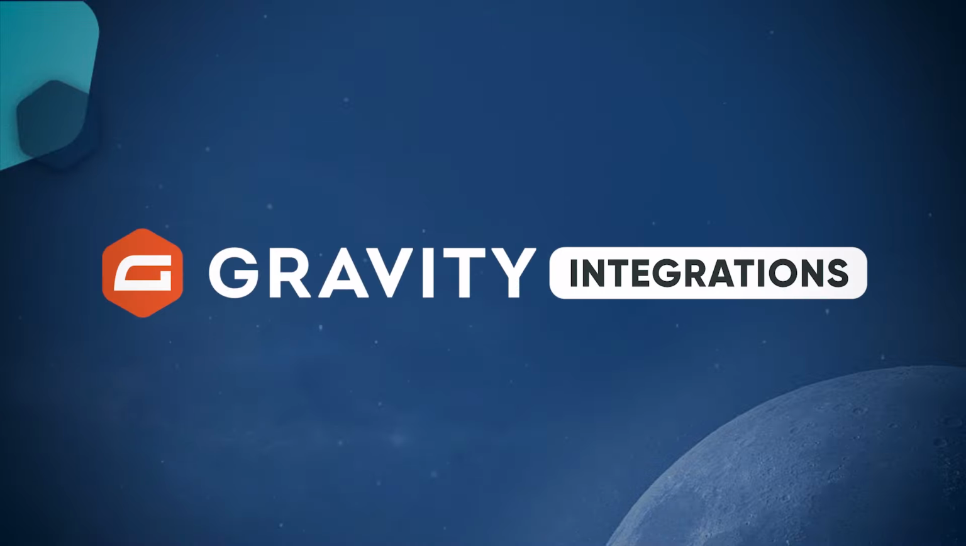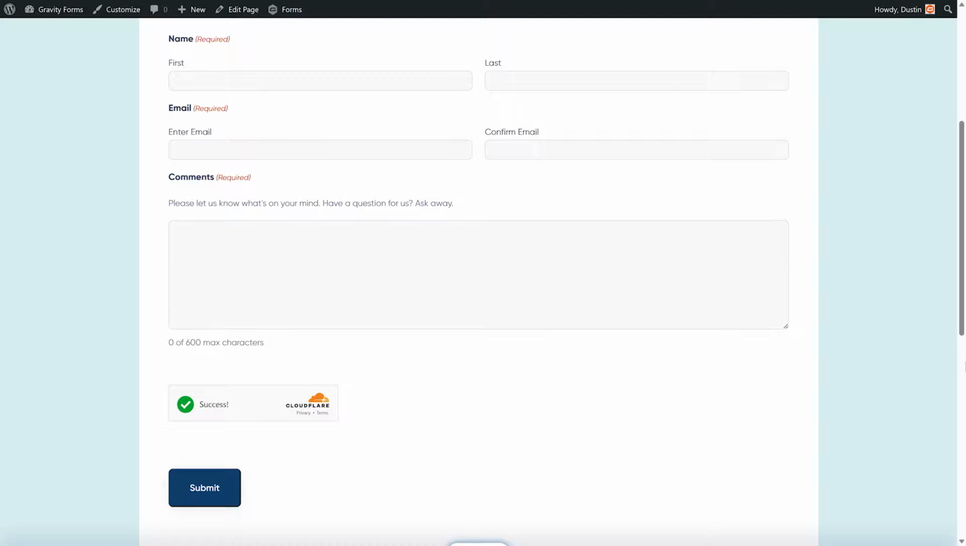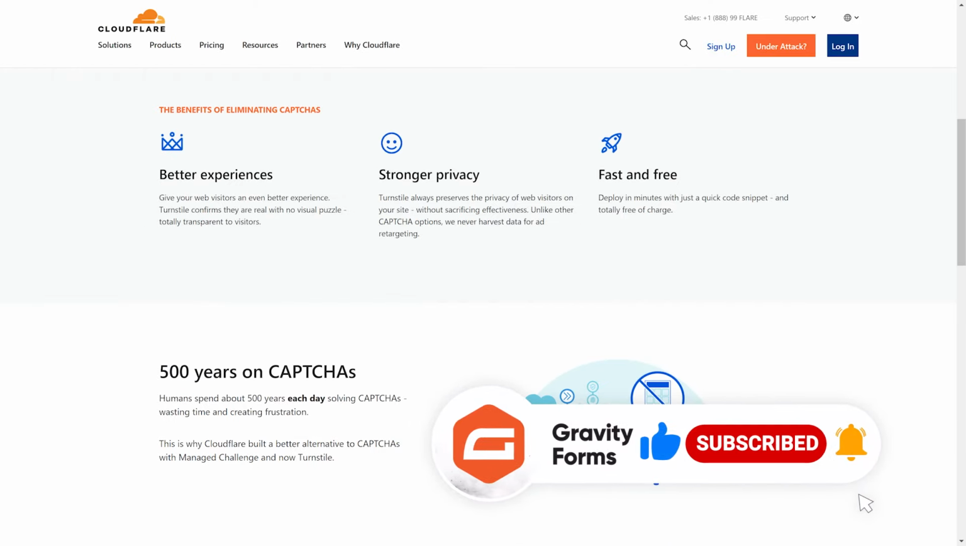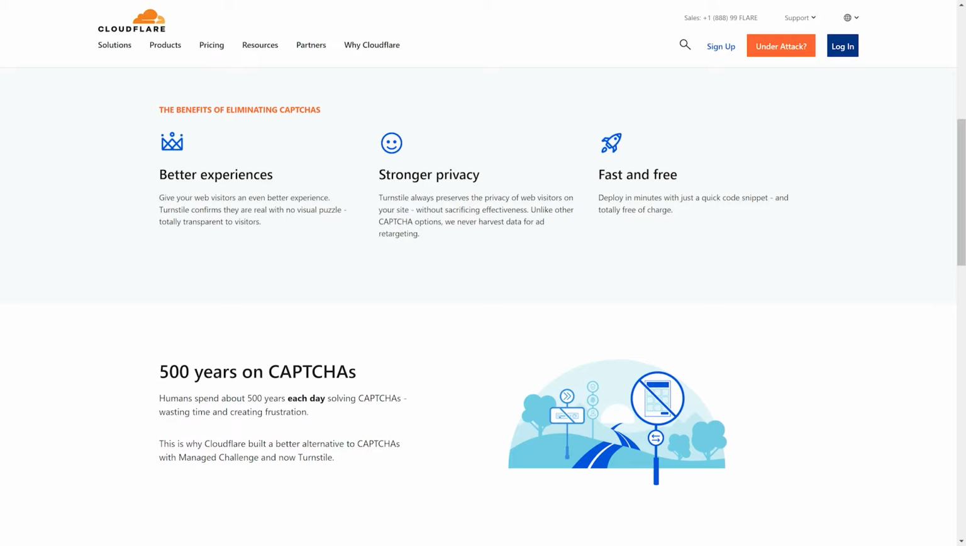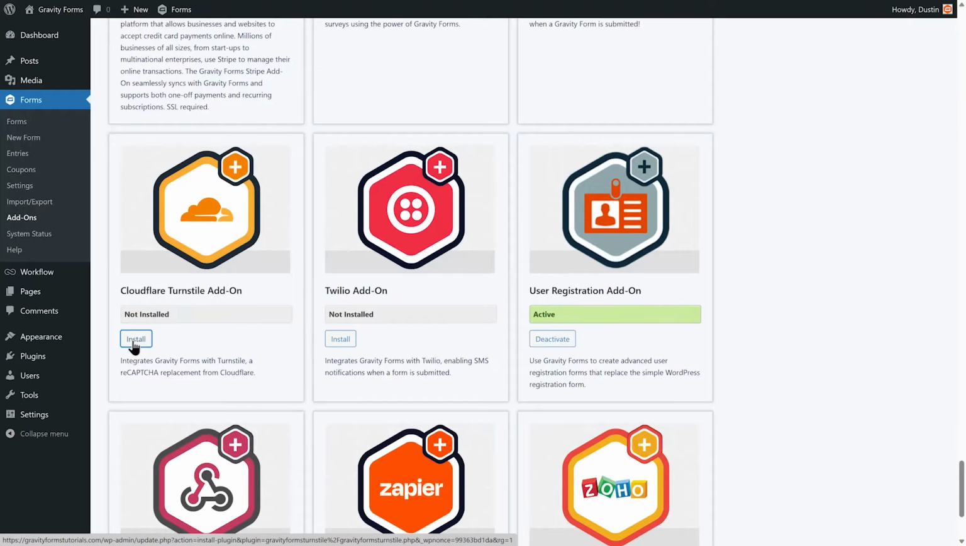With the Gravity Forms Cloudflare Turnstile add-on, you can easily implement Cloudflare Turnstile spam protection into your forms, helping to reduce spam form entries across your site. Turnstile is Cloudflare's smart CAPTCHA alternative, offering a privacy-focused approach that also does not require your users to solve time-consuming image challenges. To get started using the add-on, you'll first need to install and activate it from within your WordPress